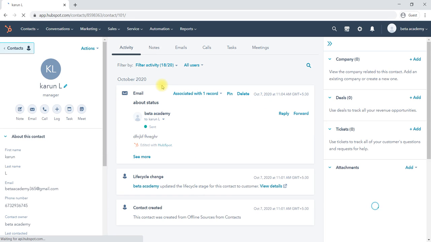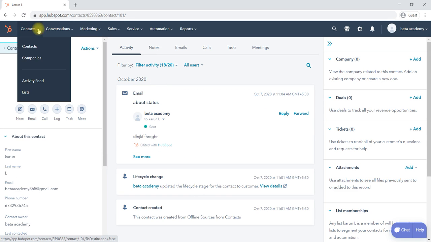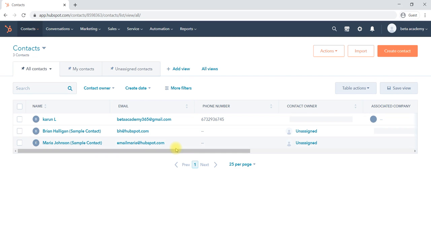This is the way we can create a contact. We can create a contact, and we can update the contact. What are the things we have, we can update for that particular contact. We can contact that particular person at any time. In a sense, we can contact that particular person at any stage.